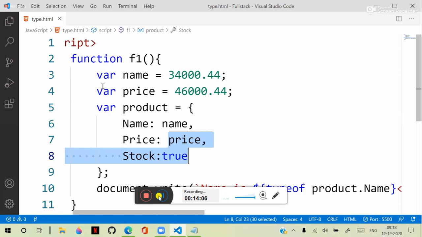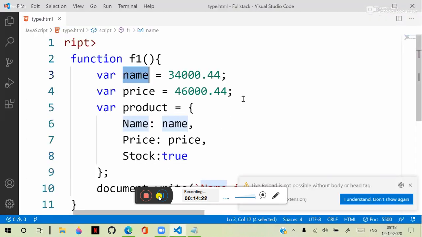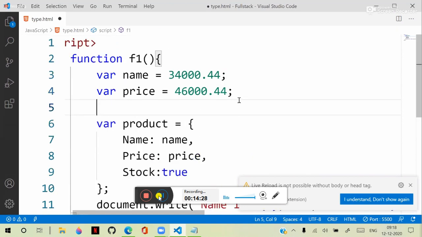That means if name is not a string, it should not allow to store. Currently it will allow to store anything. We don't have any restriction. It allows to store anything. Name is number, price is number, stock is boolean. We should not allow. Then what we can do is we can write